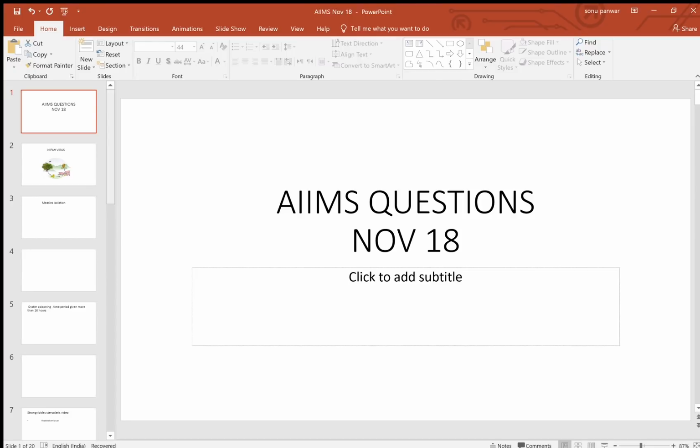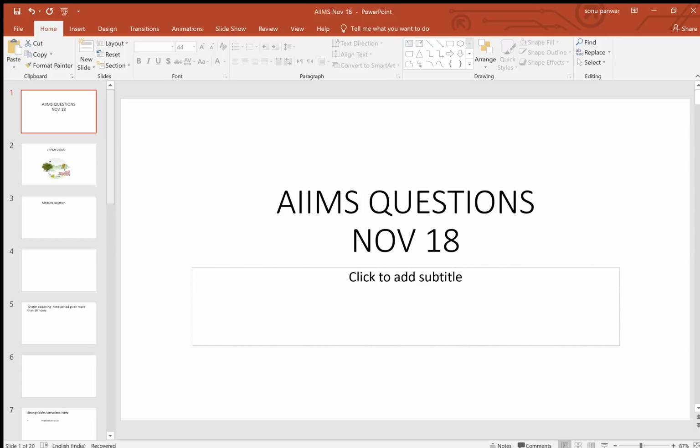Hi friends, so today we are discussing the latest AIIMS questions of November 18. I've got all these questions from you only, so there might be a lot of discrepancies, like this option was there, this option was not there. I'm not going into options and all. I will just discuss the topics which were asked, and it might prove helpful in the NEET exam also. Okay, and you will get an idea of how to relate to the things.